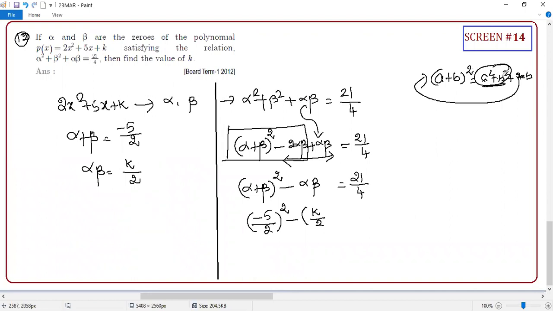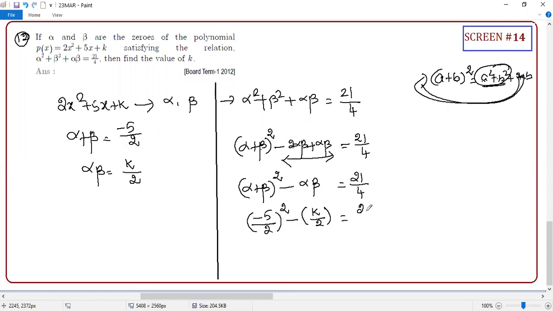This entire thing is according to this. Sir, in that we only have A and B, we don't have plus 2AB. I didn't get what you are trying to ask. I have alpha square plus beta square. We know very well a plus b the whole square equals a square plus b square plus 2ab. If you rearrange the terms, a square plus b square equals a plus b the whole square minus 2ab. Agree with me or not? Okay, sir, I got it. And you have like terms, alpha beta. So now the answer is ready.